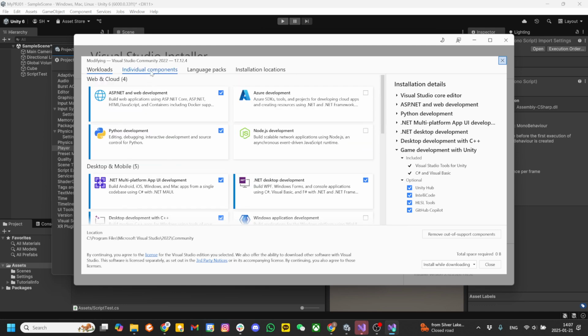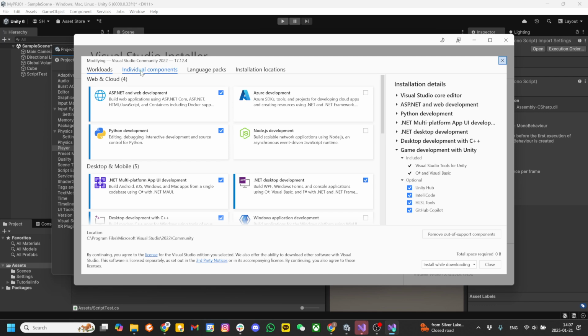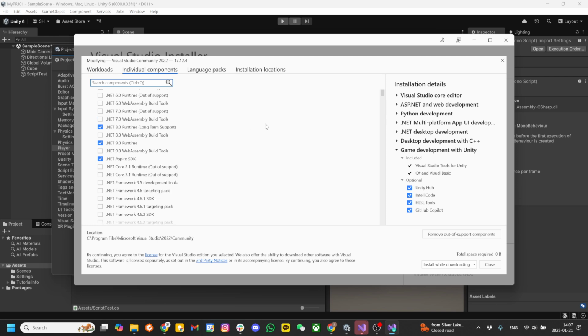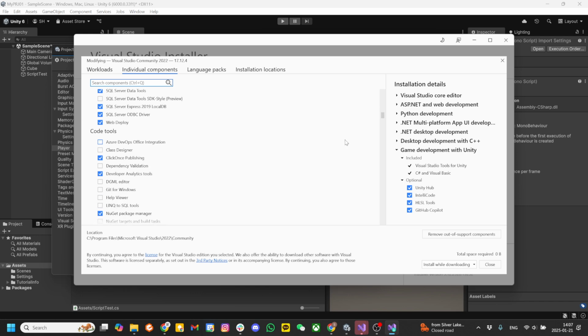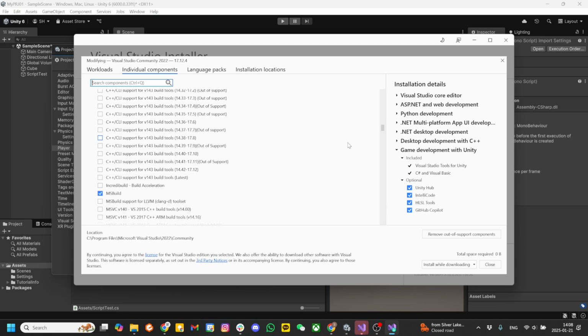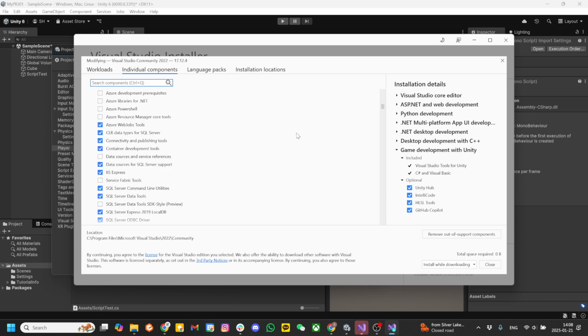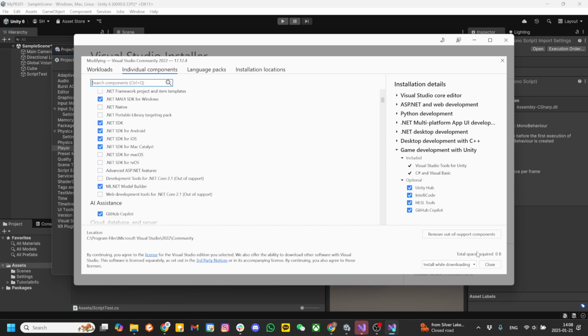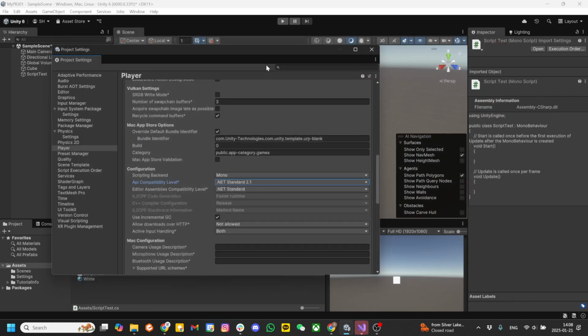Yeah, and for some other options you can see which ones I have installed. I just follow the default settings. Also in the Individual components, these are the ones that were selected for me by default, so I just accept the defaults. But if it's different for you, just follow my settings. Yeah, so don't worry about the C# part, but for the .NET part it is better if you can follow my instructions. And then say Install and Modify, and that should fix your Visual